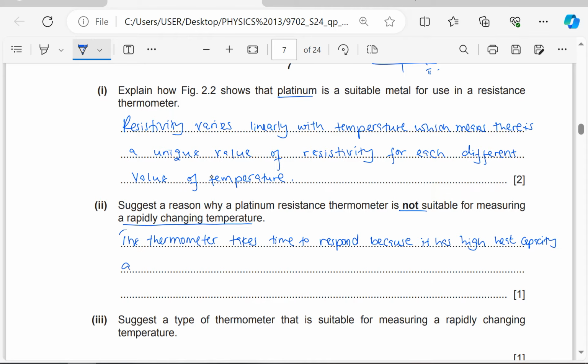So thermal energy transfer is needed. There will be need for thermal energy transfer, especially through the glass tube, and thermal energy transfer is needed for the thermometer